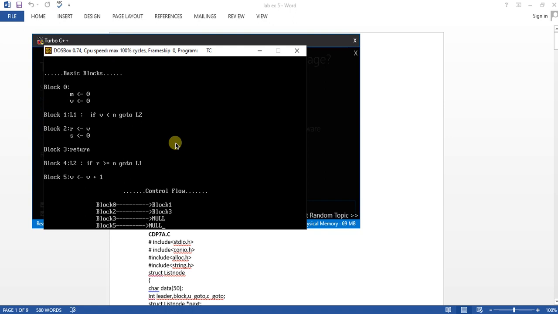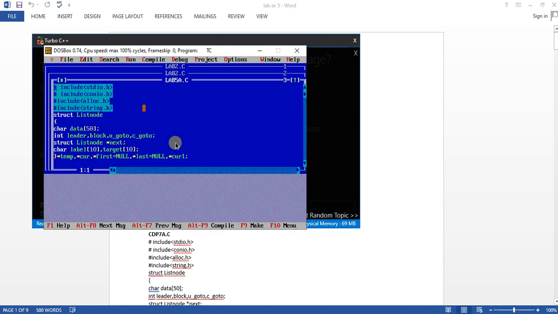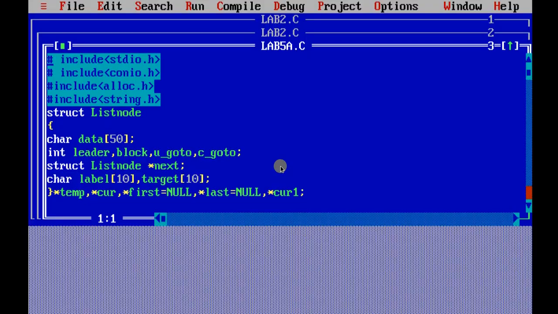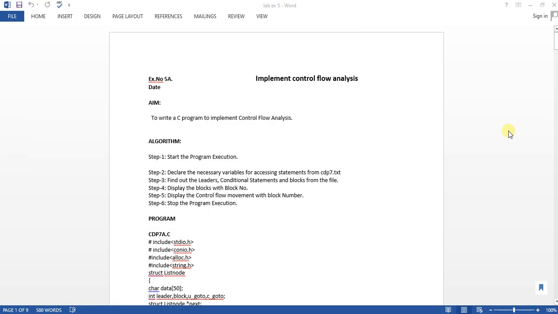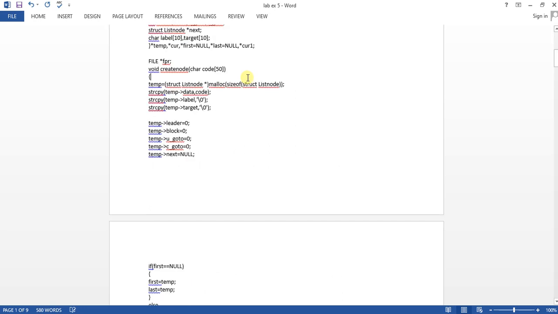After block 3 it returns a null value. After block 5 also it returns a null value. If the condition is true it will go to block 1 again, if the condition is false it exits. Fifth A analyzes how the program control flows.